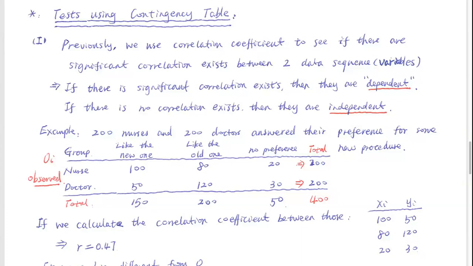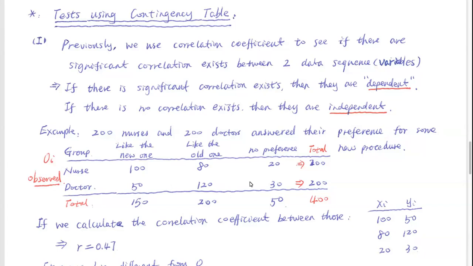The second application we are trying to do using a chi-square is to do the testing for this contingency table. So what does that mean for the contingency table? In a simple, easy way to understand, in a table you have columns, and then you have rows. So that's a contingency table. Let's use some example here to understand